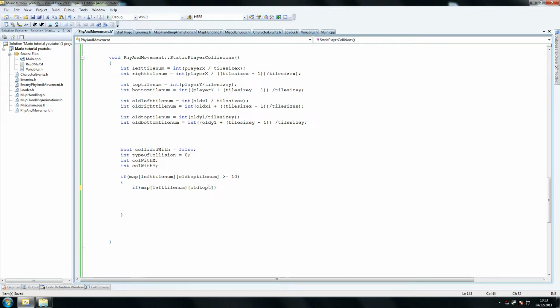Old top tile num is greater or equal to 10. So greater or equal to 10. Sorry, that's my bad. So I get for copying. Then 100. So if it's less than 100, right? Because I did also make a rule later on that if it's less than 100 we cause a solid collision with it, otherwise we go back to